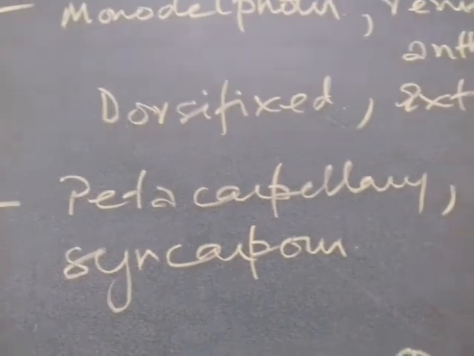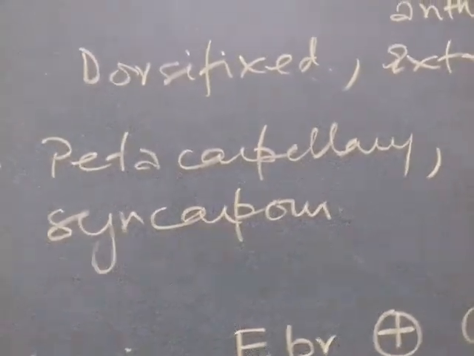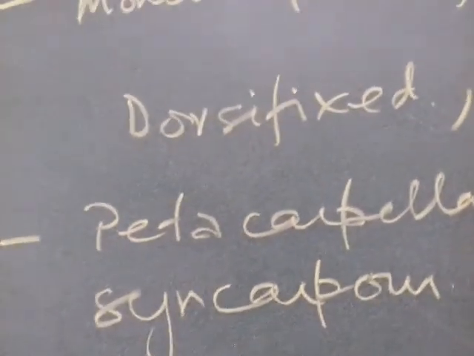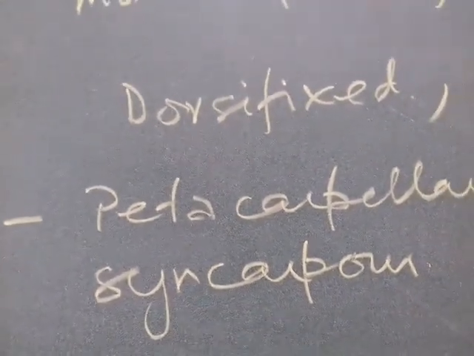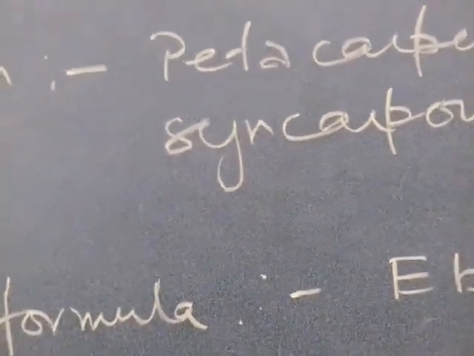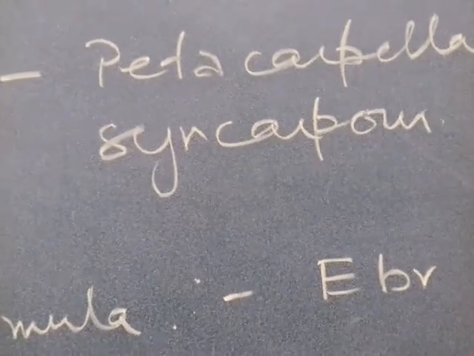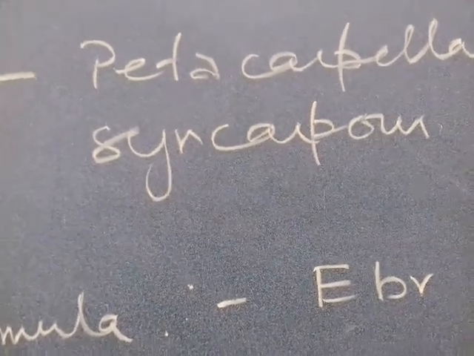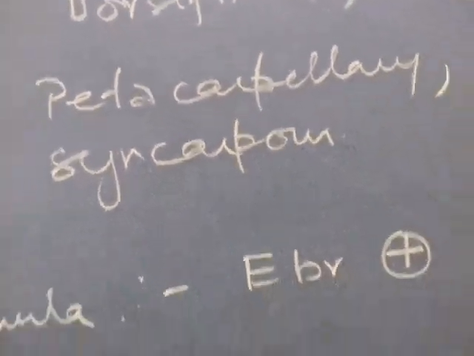And reniform, you have to see under the microscope. If you see the anther lobes, they are kidney shaped. This word comes from renal, so kidney shape. Dorsifixed means the filament is attached to the dorsal side of the anther, and extrorse means it opens from the outer side when the anther lobe bursts, releasing the pollen grains. If it is from the outside, we call it extrorse. Gynoecium is pentacarpellary. There are 5 carpels, and syncarpous means the walls of the carpels are joined. Apocarpous means free, syncarpous means joined. Pentacarpellary means there are 5 chambers of the carpel.